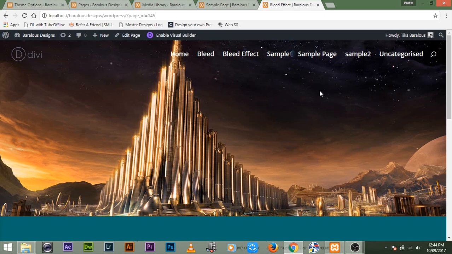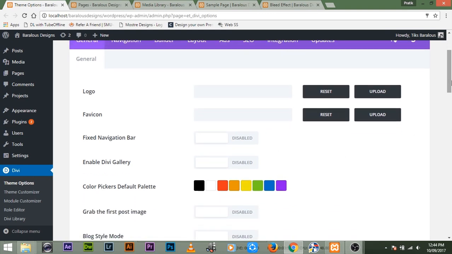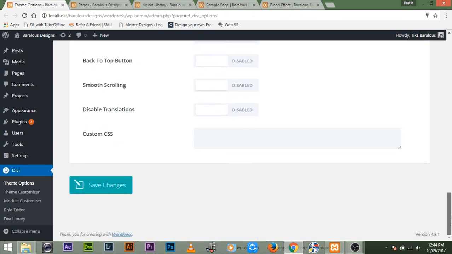Yes, it bleeds into the nav bar, the background, you see. So this gives that oomph to your website. So let's get started. First, you want to make sure that your fixed navigation bar option is disabled. It is actually enabled by default in Divi, but you want to disable it